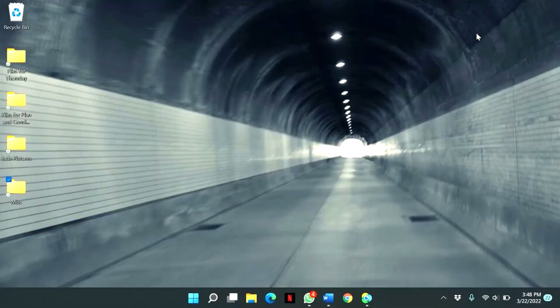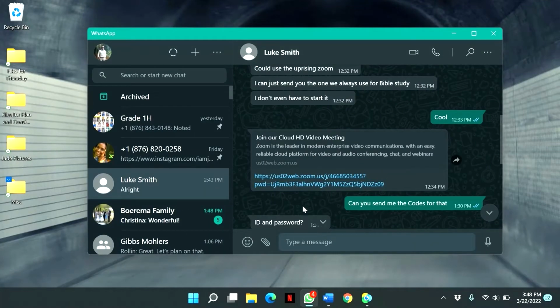So without further ado, first we're going to look at how to use Zoom, the basics of Zoom, on your computer. Say, for example, you get a message on WhatsApp with a link to a Zoom meeting. All you need to do for that is just click on the link. Let me show you. I'll open my WhatsApp, and you can see that someone sent me a link for a Zoom meeting. If I put my mouse over top of it, whether it's in an email or a WhatsApp, I just click,